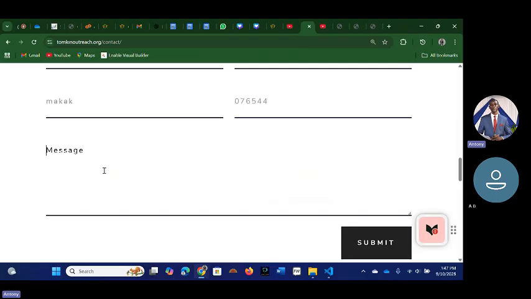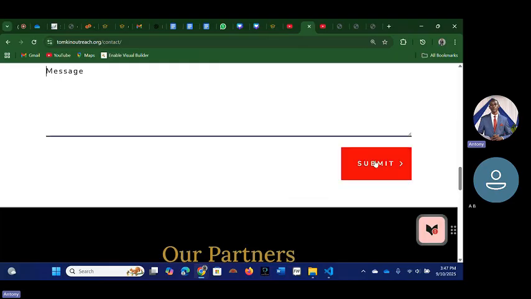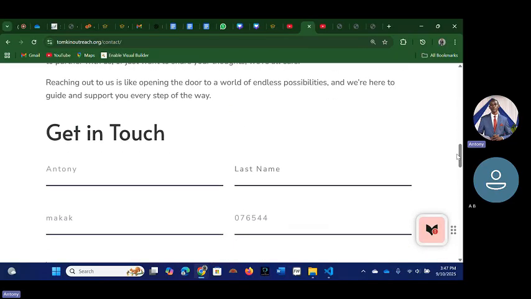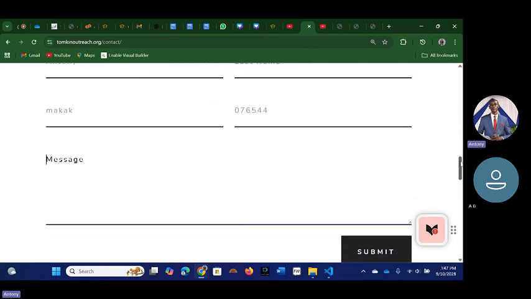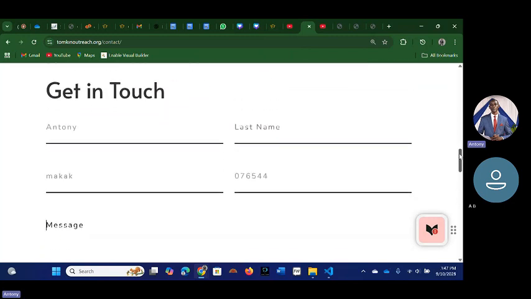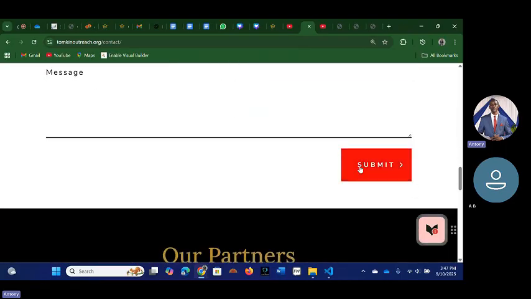And then you have input submit, which is the submit button. After you have entered all your details and you want to post it so that the owner or admin of the website can get it, you just click on submit.